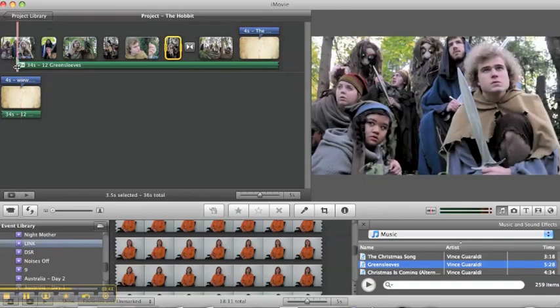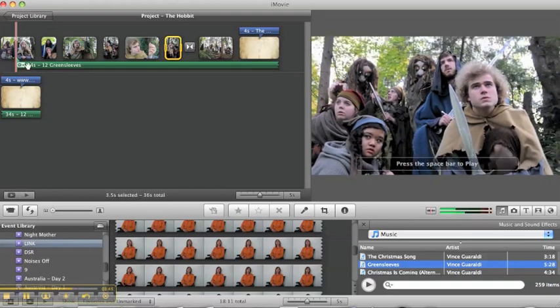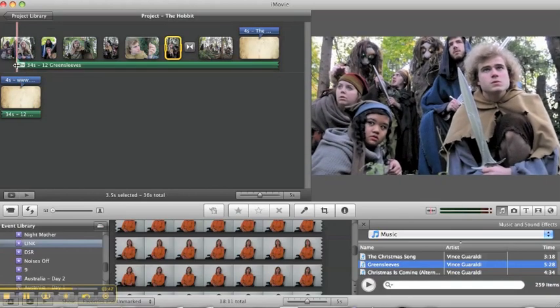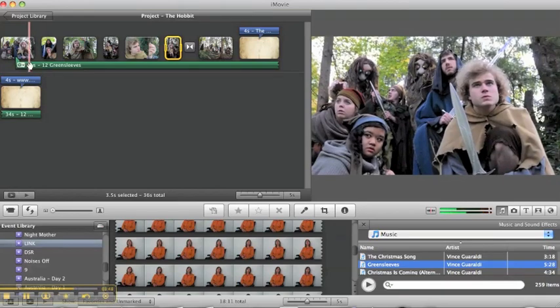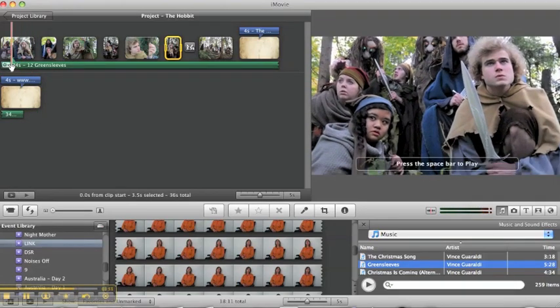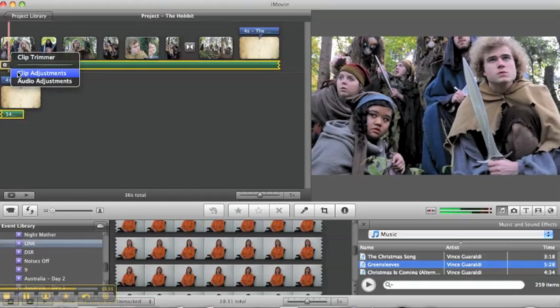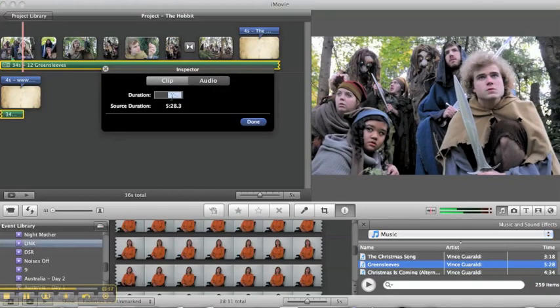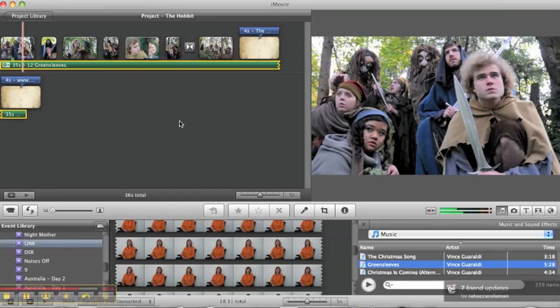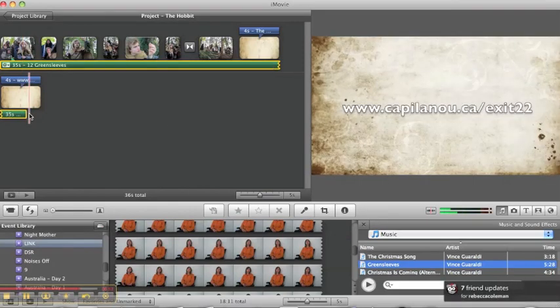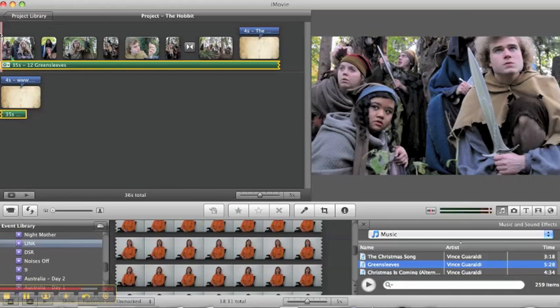And there it is. And then I just need to lengthen this, make it a bit longer. And again, you can just do that with the clip adjustment. It's 34.7 seconds. I will want to make it 35 seconds or longer until it comes to the very end. And then now when you play it,